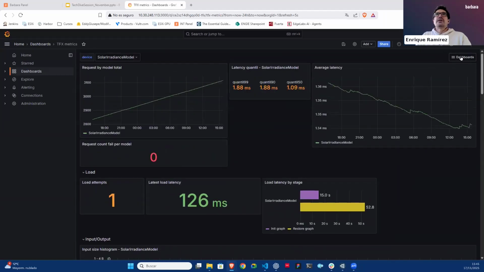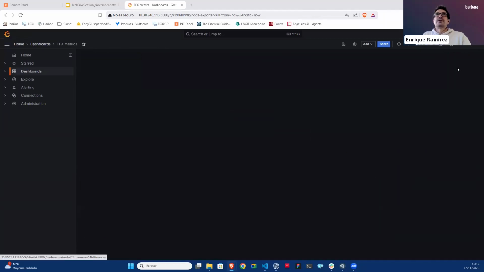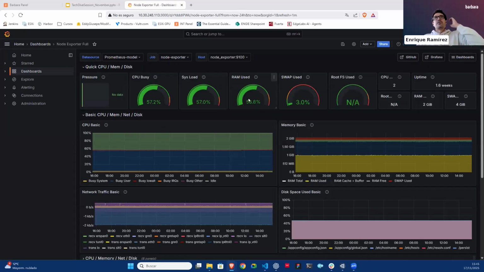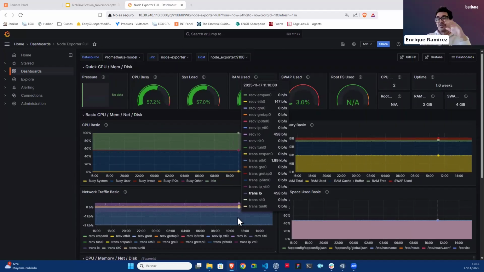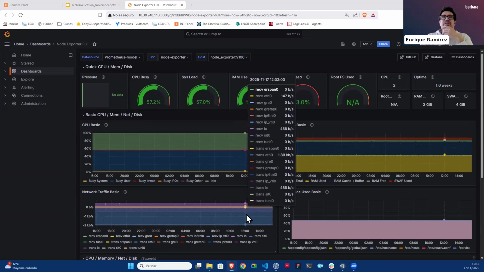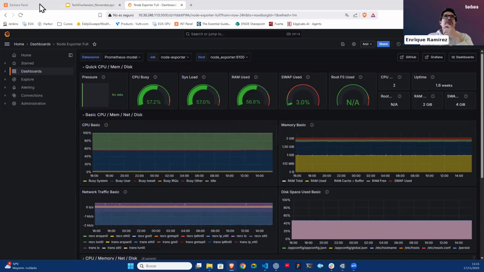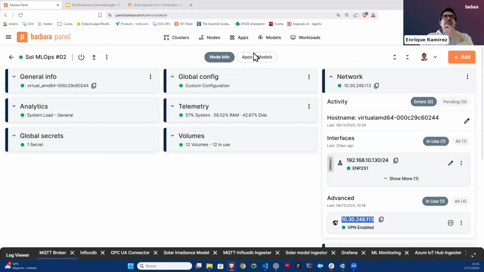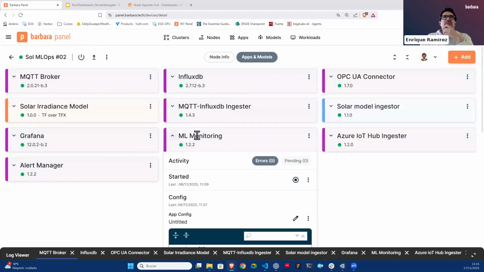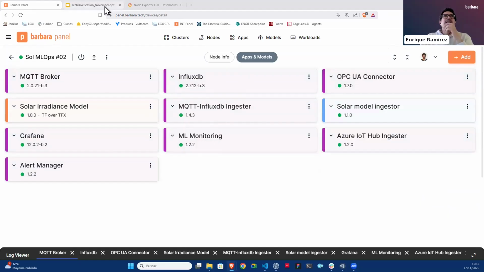graphics, okay? And then I also have the information about the server, let's say, how many resources are being consumed by the server. So all the information about the AI model that you can see on the server of this AI model, which is TFX, it is available here, and it is done by using this ML monitoring tool that you can see here, okay? Let's go back